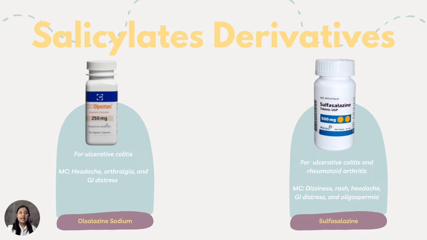For the salicylate derivatives, we have olsalazine sodium and sulfasalazine. They are similar in being used for ulcerative colitis, but sulfasalazine can also be used for rheumatoid arthritis. Olsalazine sodium can cause headache, arthralgia, and GI distress, while the other drug can cause dizziness, rash, headache, GI distress, and oligospermia. So GI distress is always present. Let's move on to the